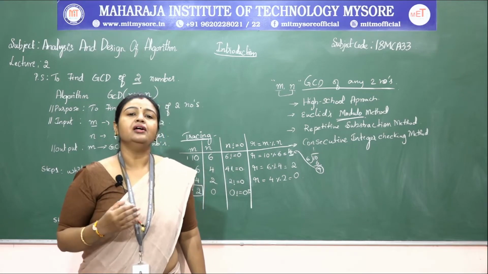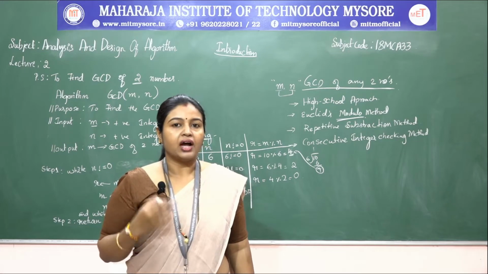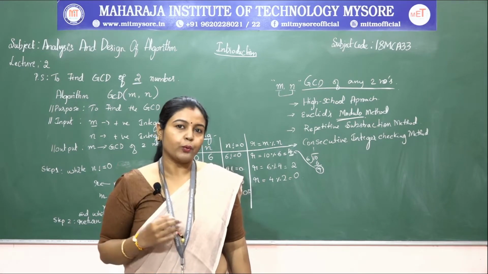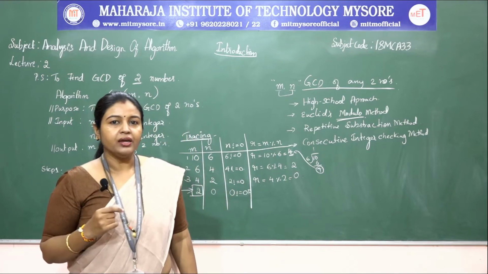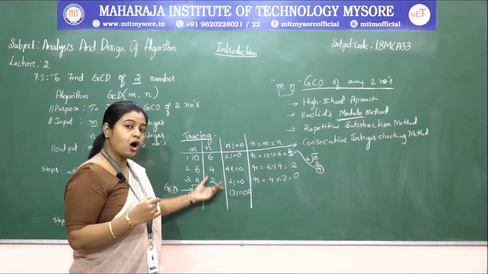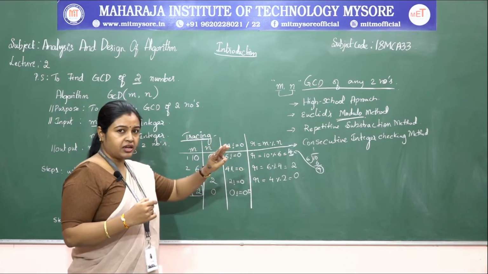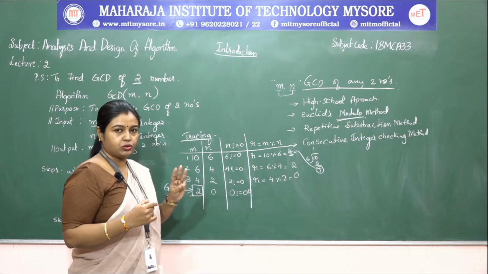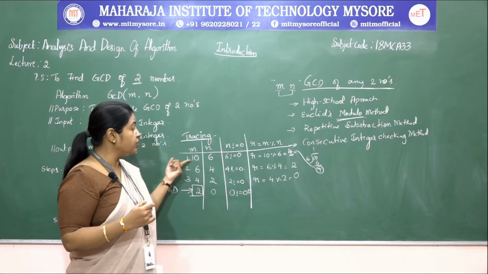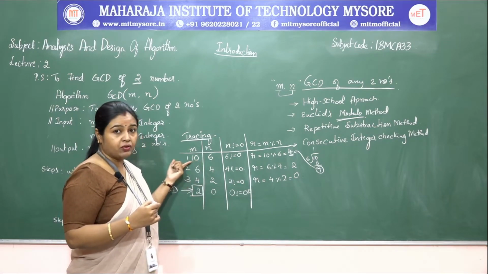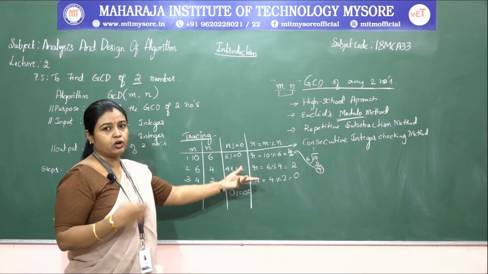That is nothing but using the division operation. By dividing the first number by the second number, we continue until the second number becomes 0. Then in the first number we will get the GCD, the greatest common divisor. To perform this, we did the division 3 times. So the operation has been executed 3 times for the given inputs. Remember, based on the inputs we have given, the number of steps varies.